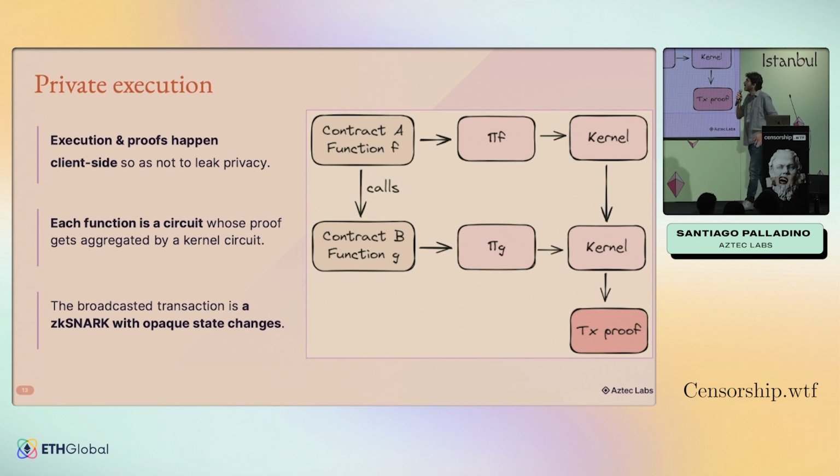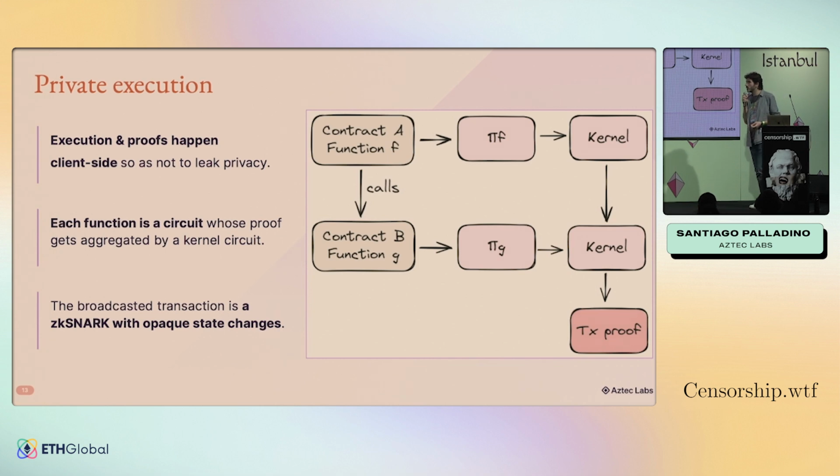How do we do that? Basically, for every function in every contract on the network, we generate a unique circuit. So when we're writing a contract in this context, each of these functions will be compiled to a unique circuit. And we choose to do it that way and not by virtue of a VM, because these functions need to be proven client-side. We want each of these proofs to be generated in a browser with 1 gigabyte of RAM on a mobile device. We cannot ask for half a terabyte of RAM in order to generate a proof for a user.